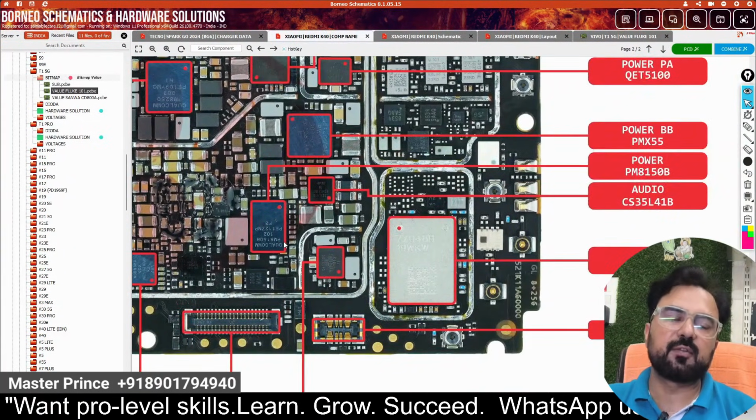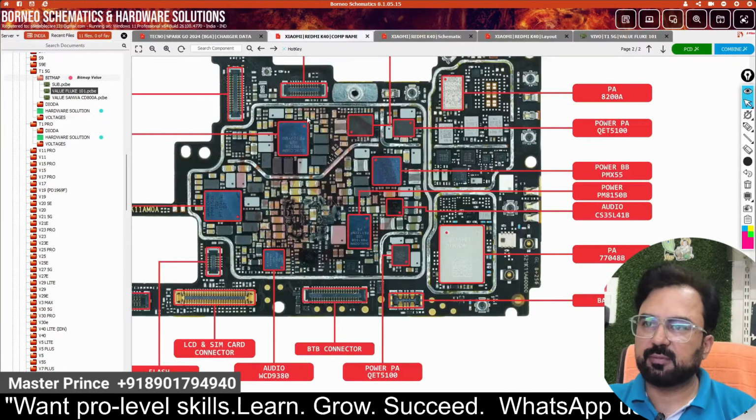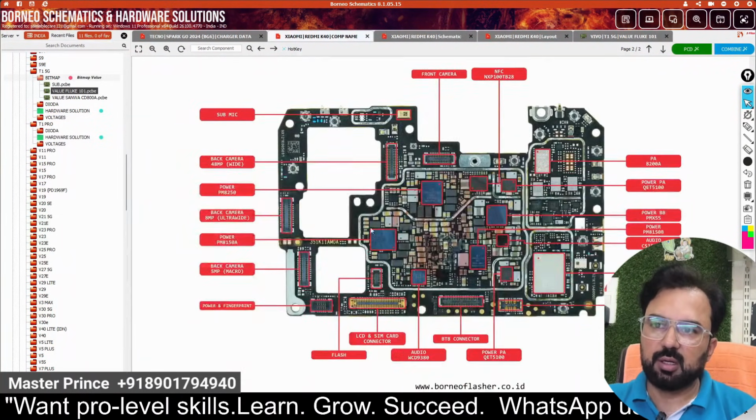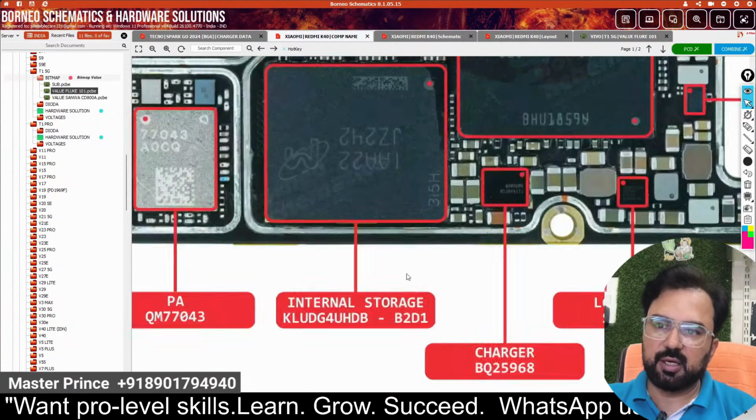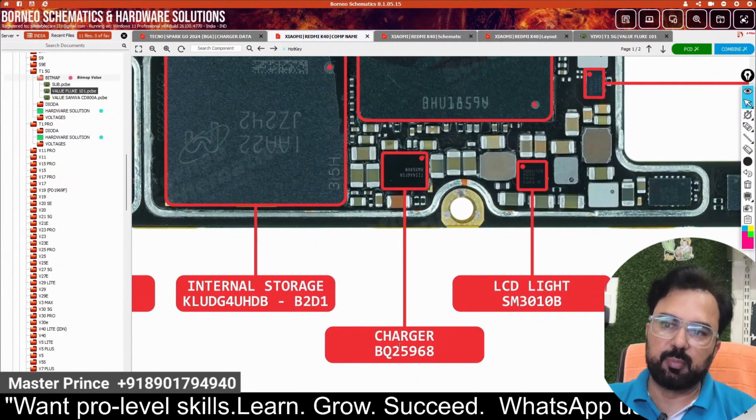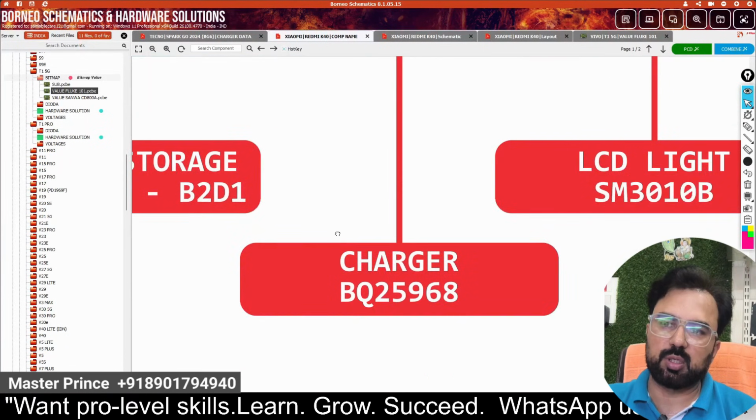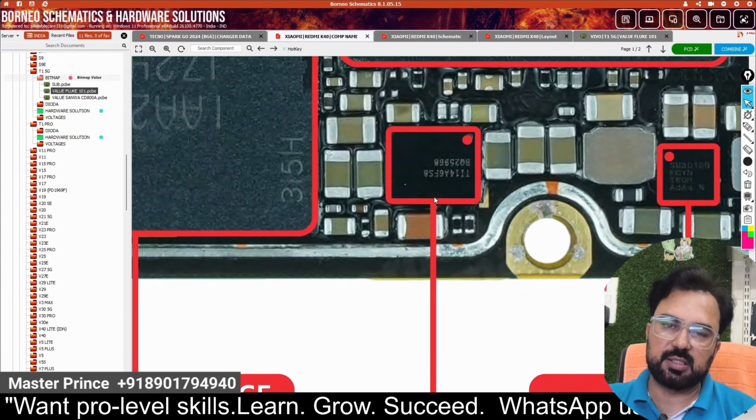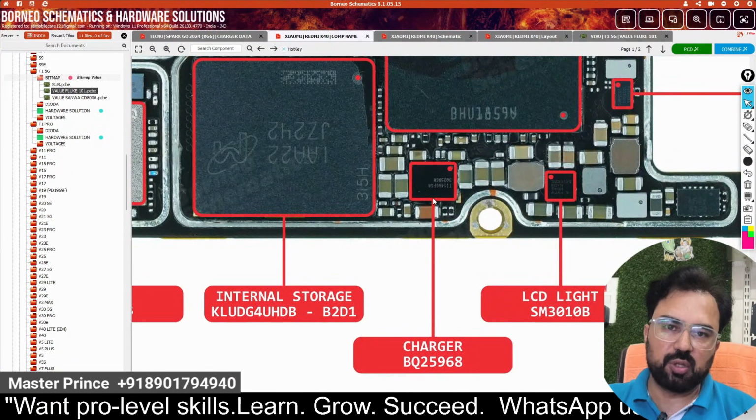This is working as a PM, also working as a charging IC, right? Secondly, there is another charger IC, the BQ25968, from the BQ series. In this one there are 2 charging ICs. Now, talking about the fault, let's assume a phone comes to you,